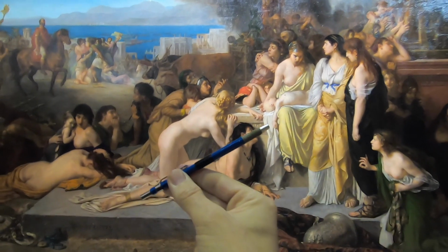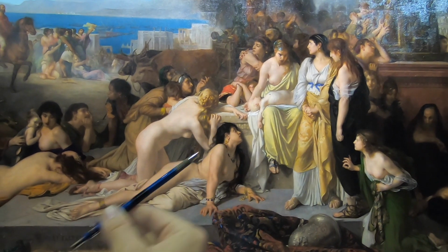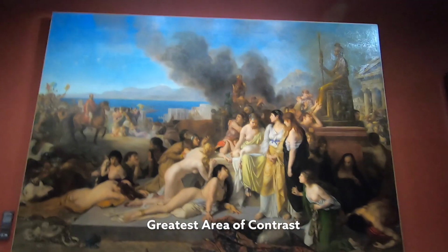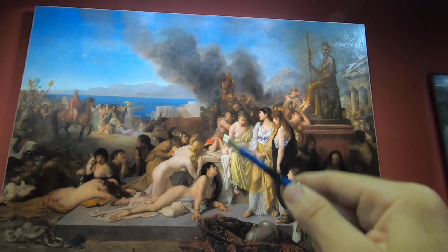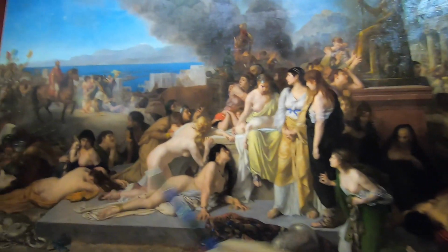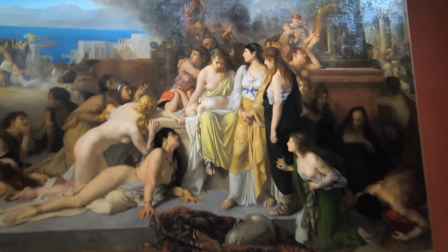Over here, it's leading to the baby. It's pointing us to the baby here. And if you squint your eyes, you'll see that the greatest area of contrast is right around here. So this lady's dark hair next to the white, and then this is the brightest area. It's all leading, all the composition and the contrast is leading us to this area here, which makes sense because